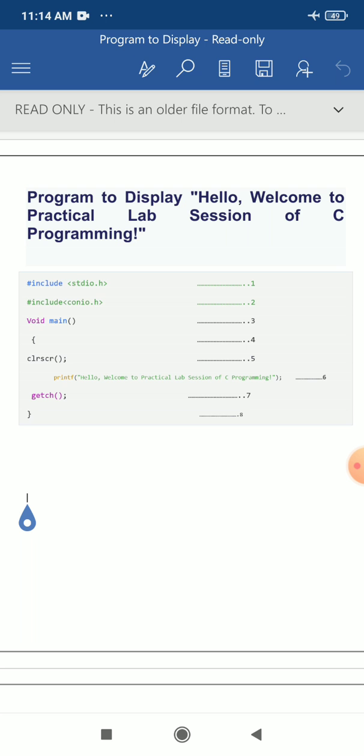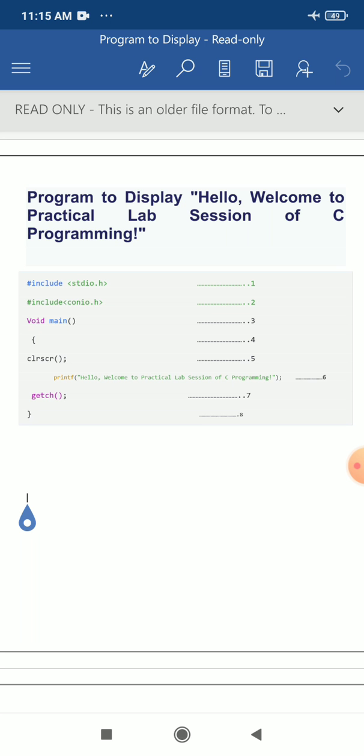So stdio.h is a header file which has the necessary information to include input output related functions. If you want to insert data, then you require an input function, and if you want to display the data, then you require an output function.